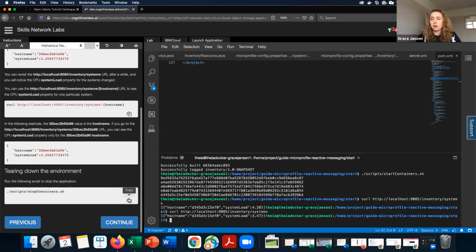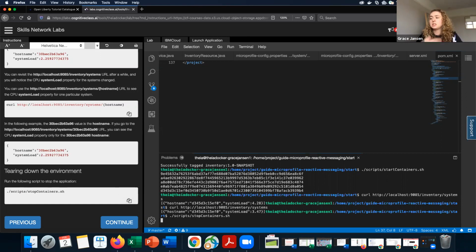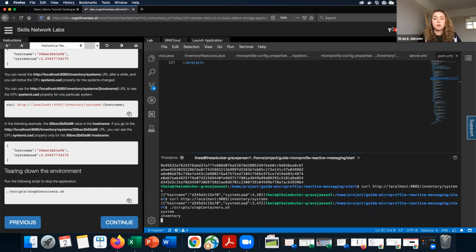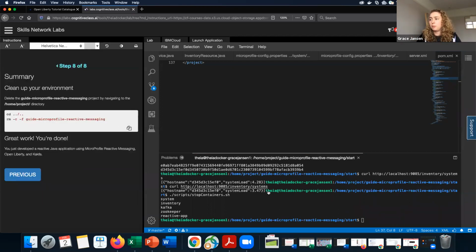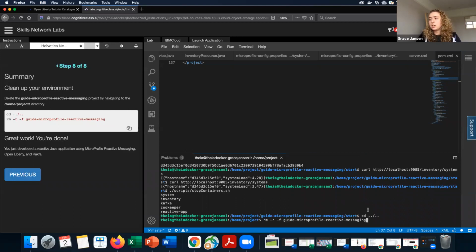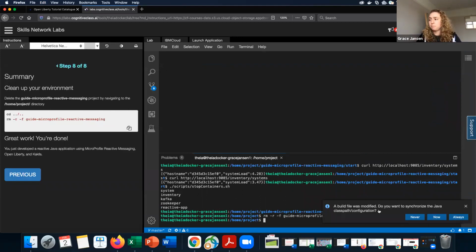Now that we've completed all of that, we'll just need to clean up our environment. So we need to do a stop containers. And this is important because this environment essentially saves your progress. So if, for example, you were going to move on to a different lab after this, you would definitely need to have torn down and cleaned up your environment, because otherwise you won't be able to run the following labs because it will already assume there's containers running and you'll have a really messy file system going on. So I would definitely recommend cleaning up after you complete each of these labs, just so you don't get any confusion or errors because of it.